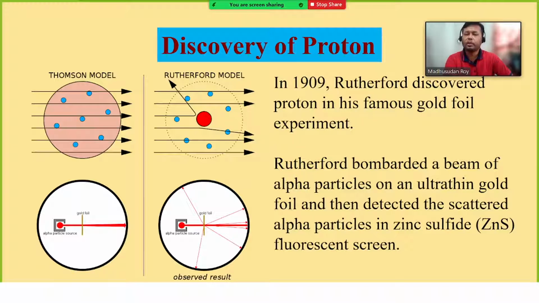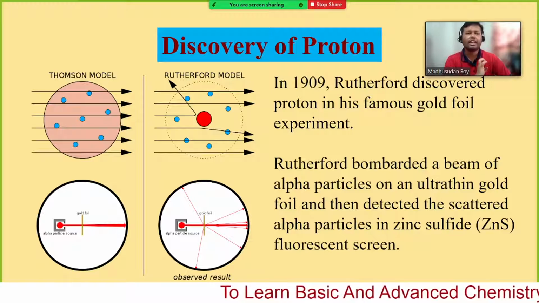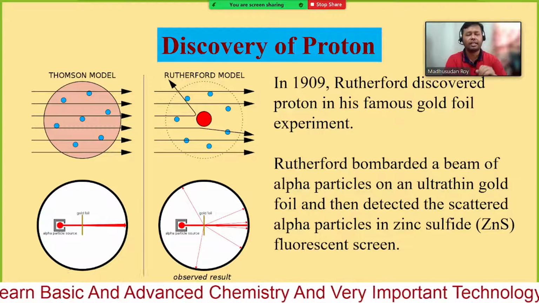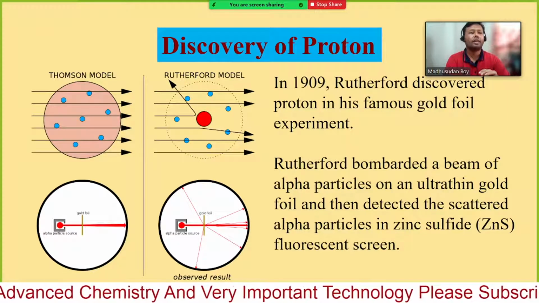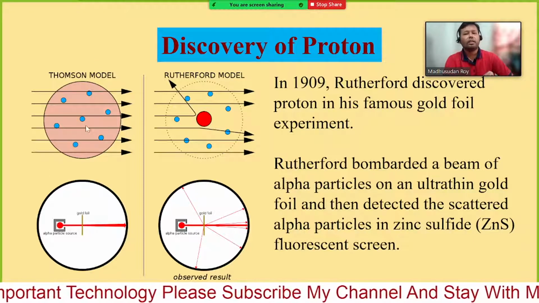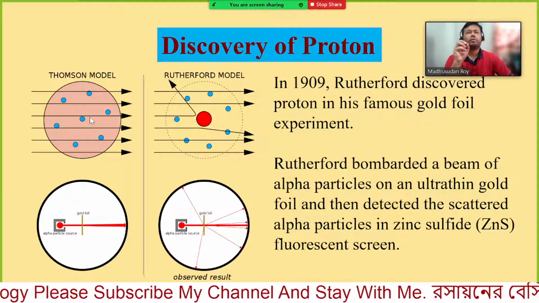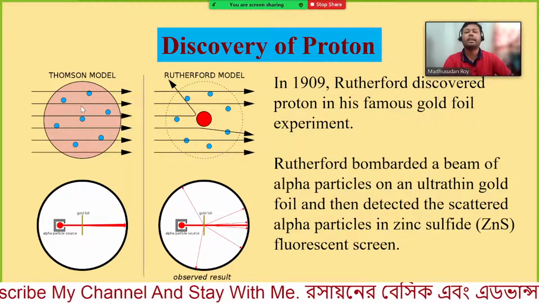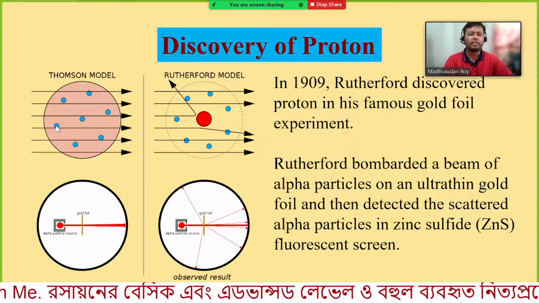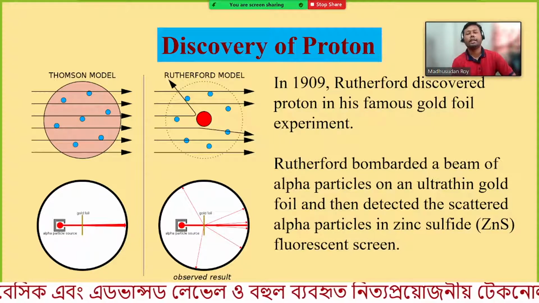So this can be considered as Thomson's pudding model, or like a watermelon, because inside a watermelon there are a lot of seeds. These seeds can be considered as electrons, and the red portion that we eat can be considered as empty space. Even inside a pudding you can have different types of fruits that can be considered as the electrons, and the other portion except the fruits can be considered as the pudding.